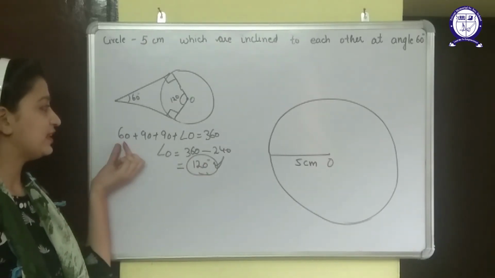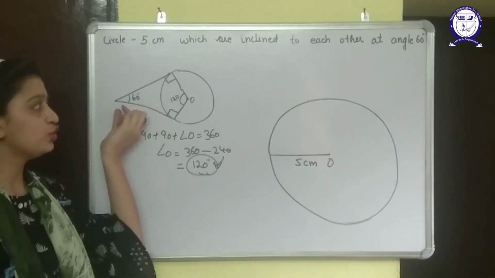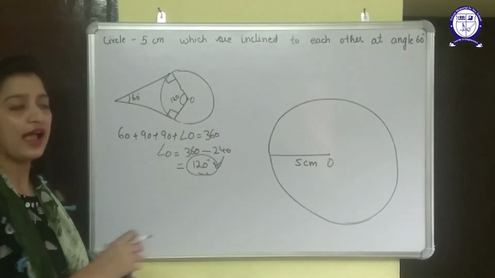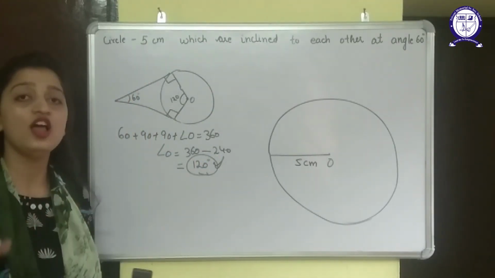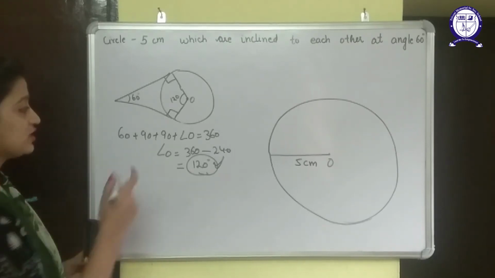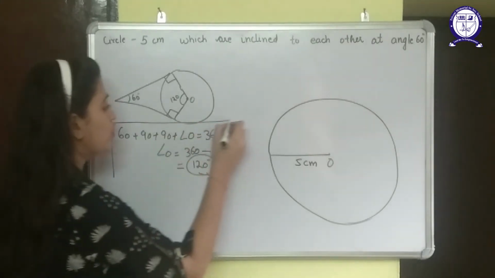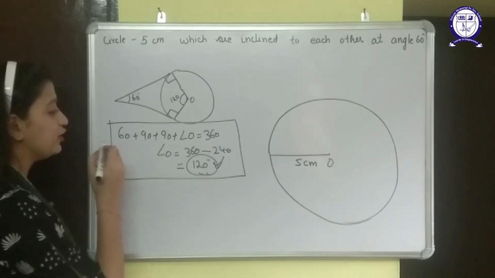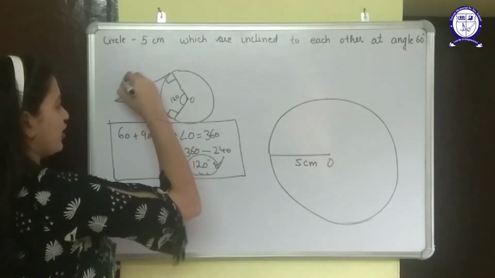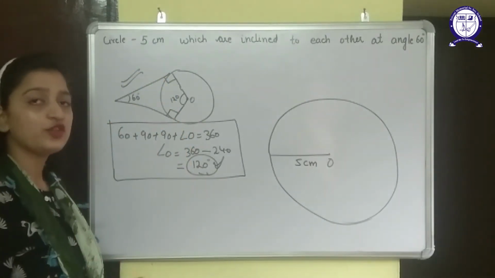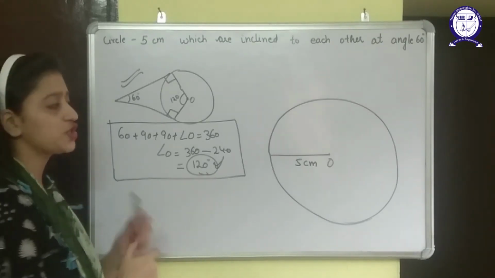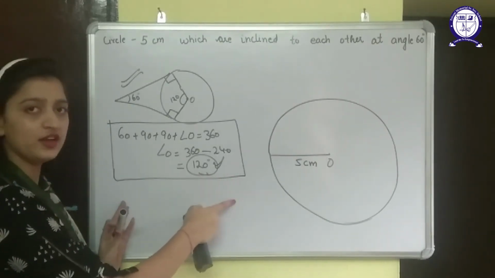I cannot directly make this angle. I need to draw all the other angles, and at the end I will get this angle automatically. Okay, so this is the part you need to write in the answer, and you can also draw the rough figure. Try to make the rough figure for this question also, and you have to write this part also.